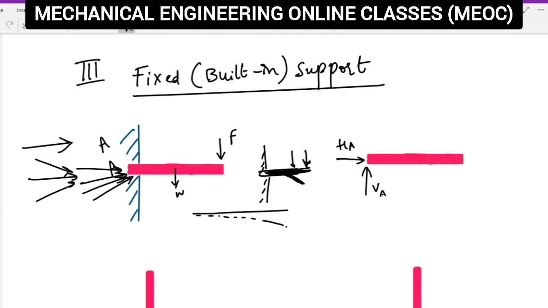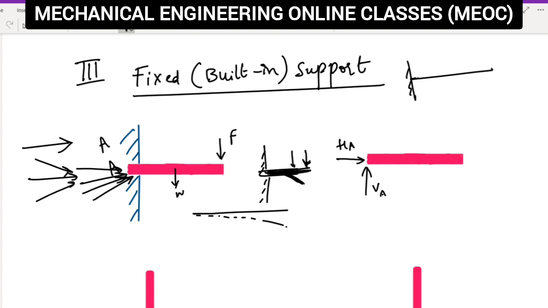Now mostly these cases we see in beams. Alright, a beam is that horizontal structure in your room. If you look at the roof, somewhere in your room you will find some horizontal structure perpendicular to pillars. Those are the beams. So this is the case of beams in most of the cases. Because one end is free and the other end is fixed, it is called a cantilever beam. We will learn what types of beams there are and what all things we can do upon it in the next lecture.